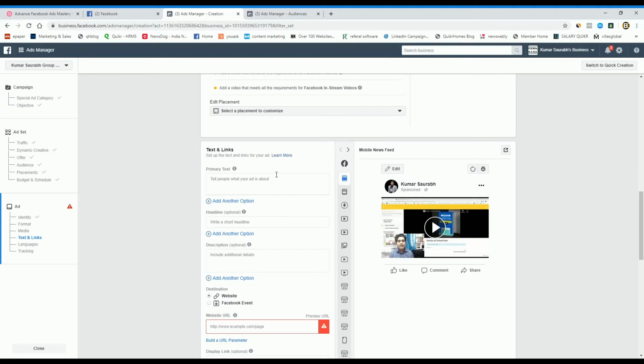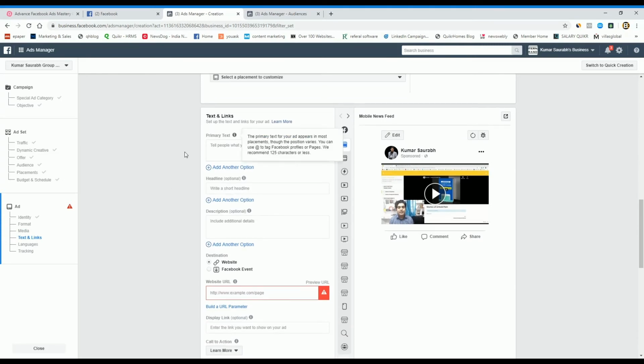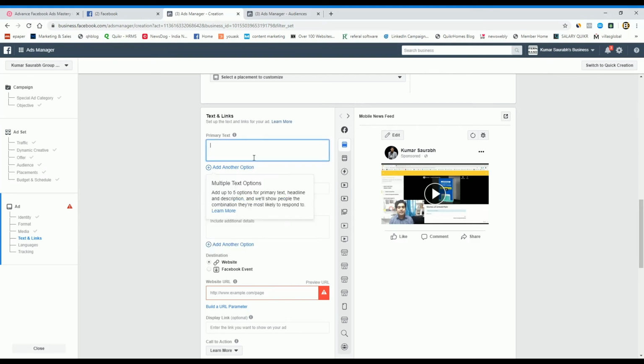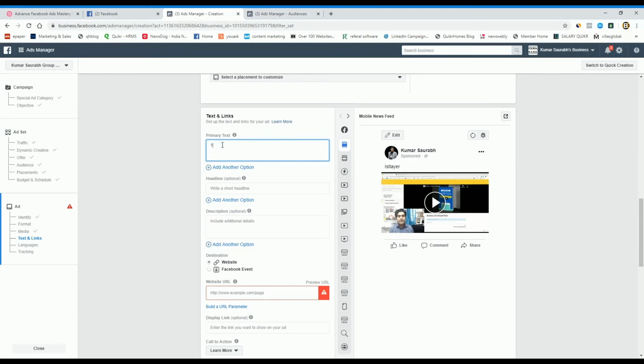Now it's time for creating the advertisement. We already created a campaign, and we already created an ad set, that is the second layer. The third is the ad. For this we require a video and content, or an image and content. This is the first layer that you can check. No need to write it, I'm just showing you so you know how it looks. In the first layer you can write the text, that is how it looks.